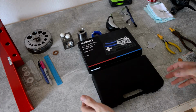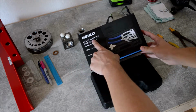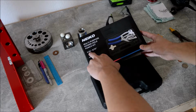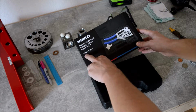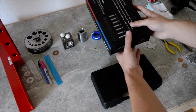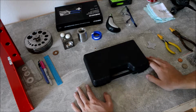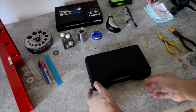Okay, this is the package, how it comes. This little box is in there. There you can see Neiko multi-purpose power hole punch kit, 3/32 to 9/32 of an inch. So it's a really tiny hole you can get, but also a pretty big one. This is how the package looks, but that's not that important. What's more important is what's in the box. You can open it, it's really nice, you can carry it around, it's not really